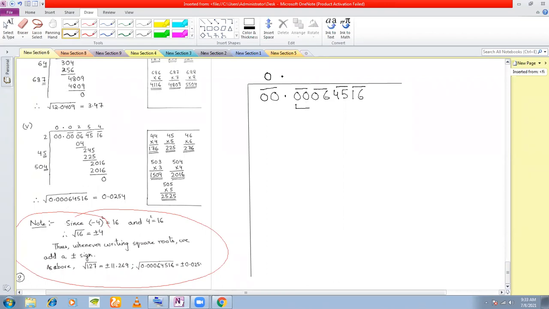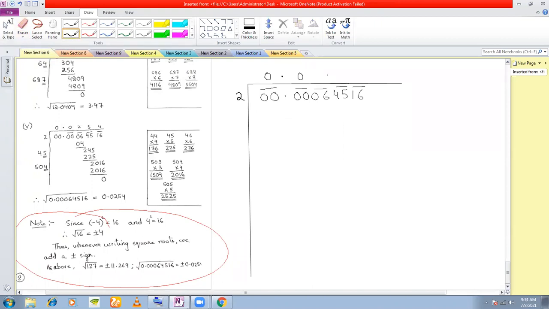Now again you see as you have a pair of zeros here, so nothing you can do, right? So for these two zeros, you insert a 0 in between here. Now you look at the next pair. The next pair here now is 06. Now we see which square number is closest to 6. It is 4, right? 2 into 2, 4.